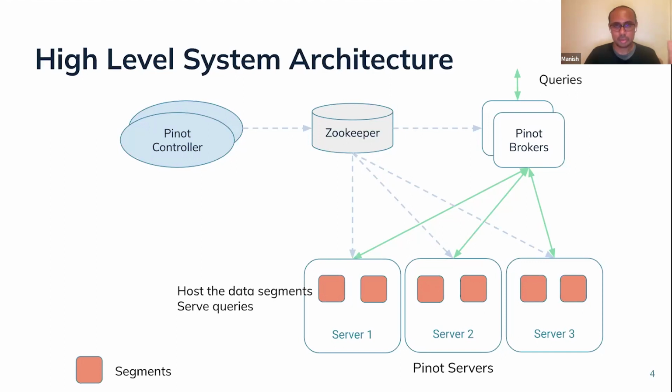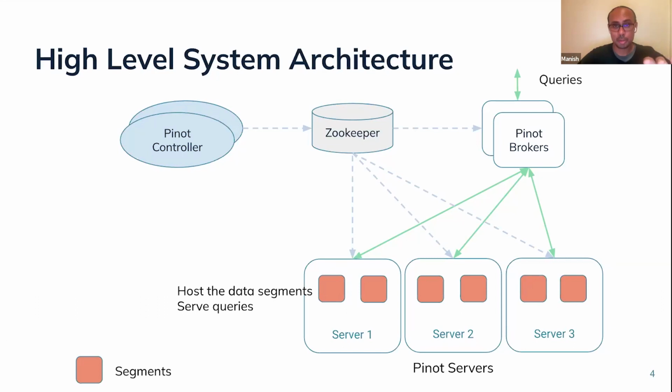And if you look at a Pinot table, or Pinot database, we call it a table, nothing fancy. The data is broken down into smaller units called partitions or segments, right? So a segment is a unit of data, and these segments are spread across these servers. These segments are the ones that actually hold the data, and they have the indexes and things like that to make your queries very fast. The segments contain rows of data. You can think of rows of data. So that's at a very high level.